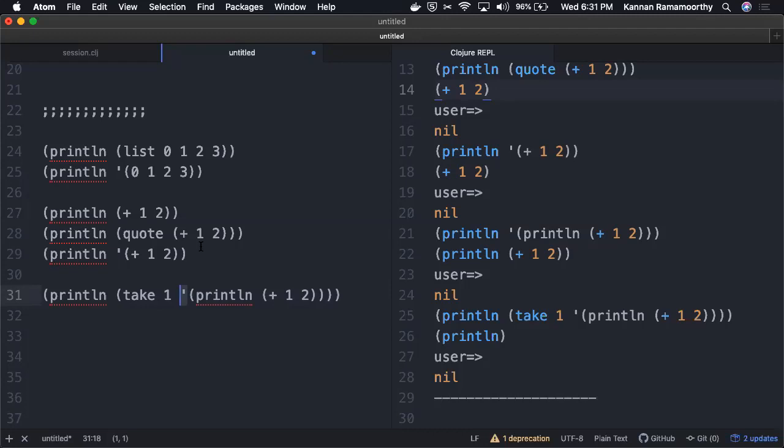Whenever you want to have a list data structure in your Clojure program, you quote it. And whenever you want to evaluate it as a normal program, you don't quote it. So your whole Clojure program itself is nothing but a nested list, a nested unquoted list. If you want a list data structure, you quote and use it.